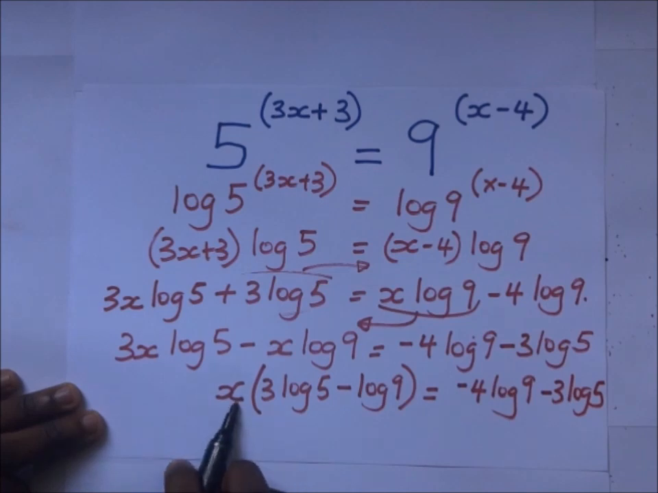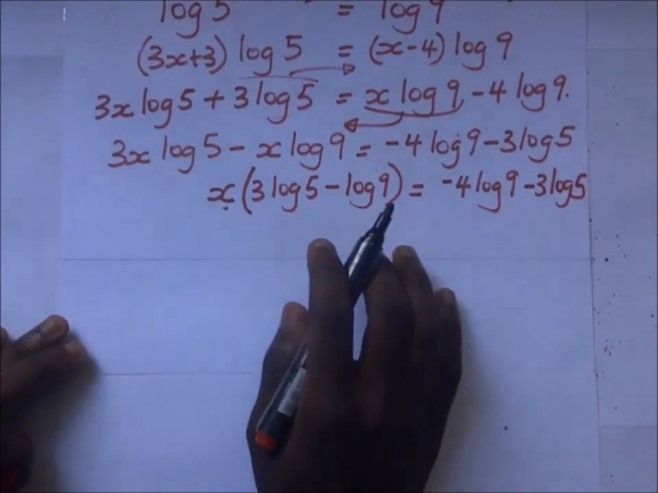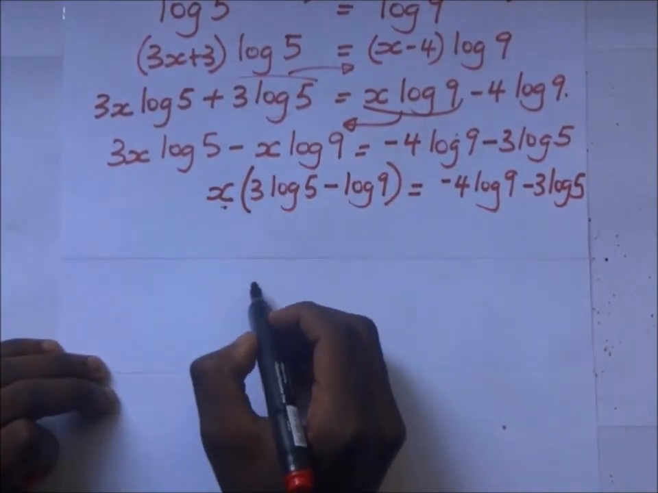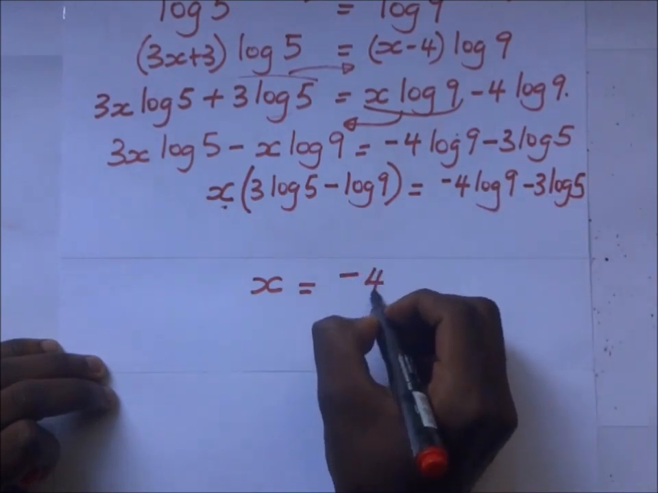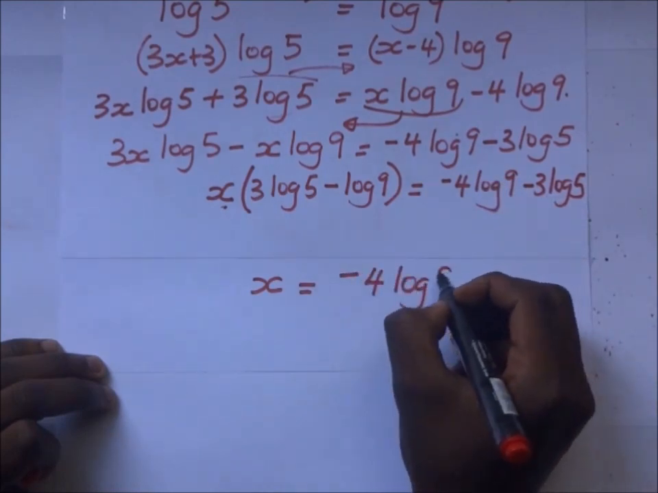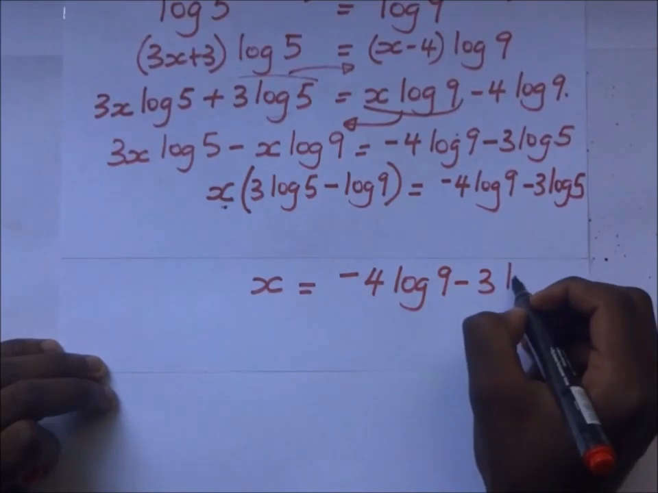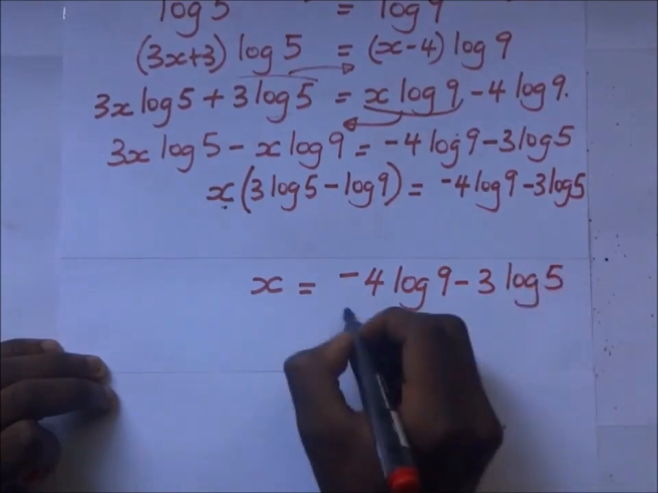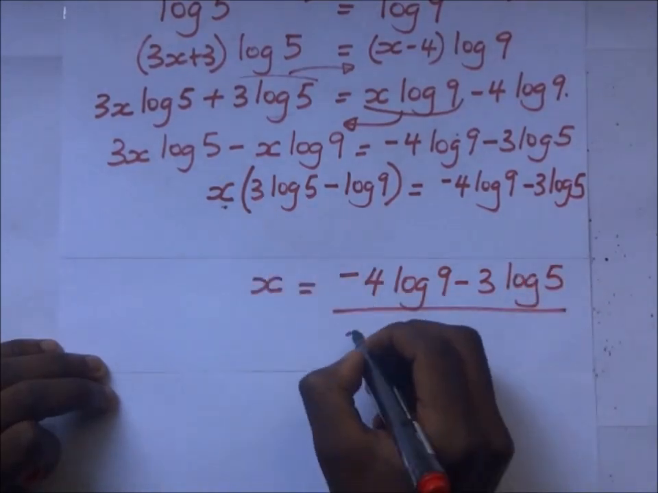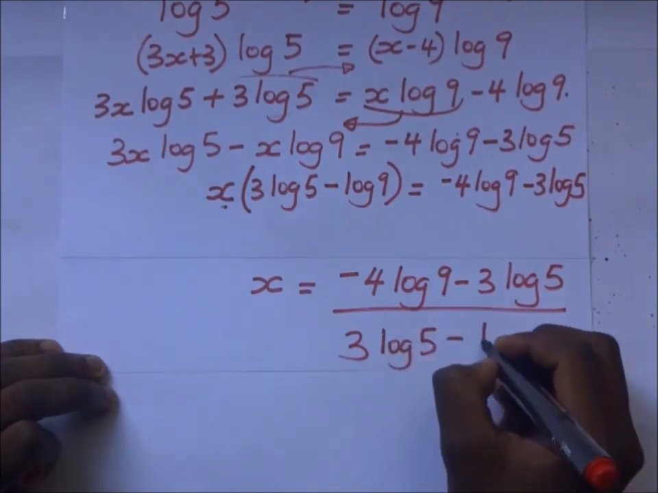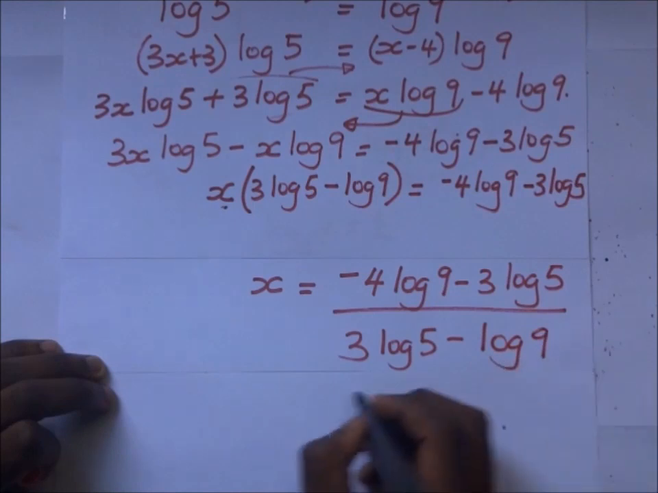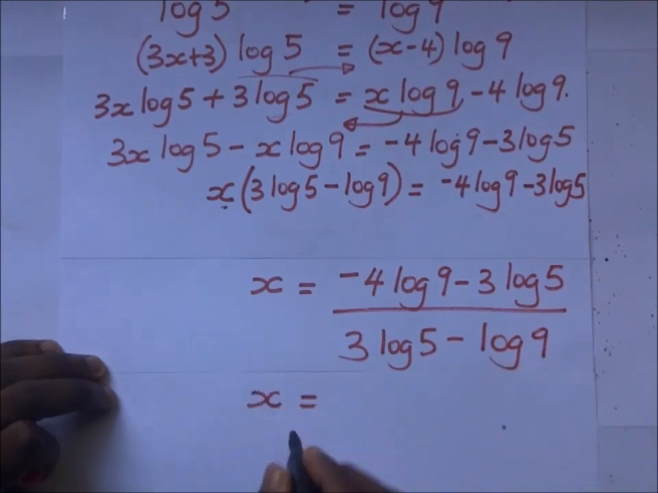So when we make x the subject of the formula here, we shall remain with x being equal to negative 4, the logarithm of 9 minus 3, the log of 5, divide all that by 3 log of 5 minus log of 9. And our value of x here will be